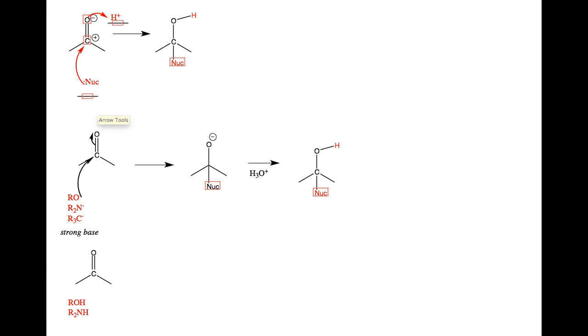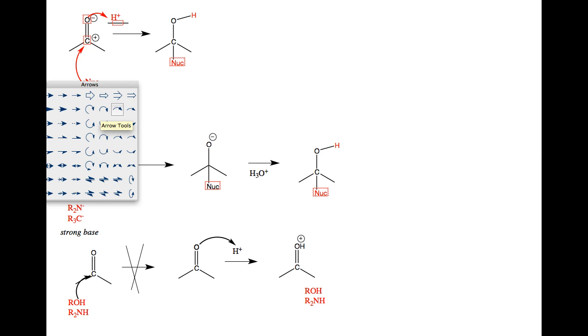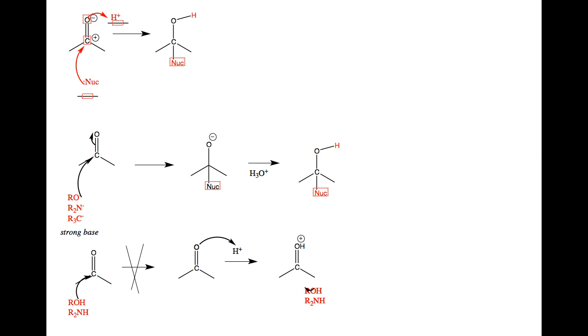On the other hand, if we start with a nucleophile that is a weaker base, such as a neutral alcohol or amine, we wouldn't have enough nucleophilicity to do a forward reaction. However, if we protonate first, we create a very active electrophile in the carbon atom, and our neutral nucleophiles will